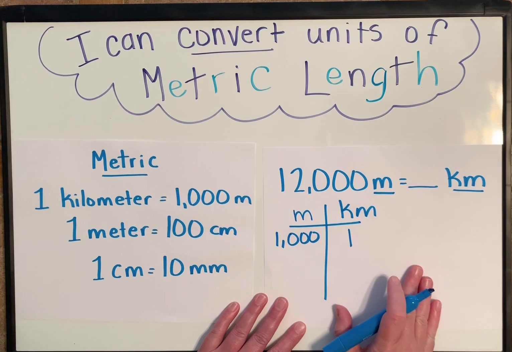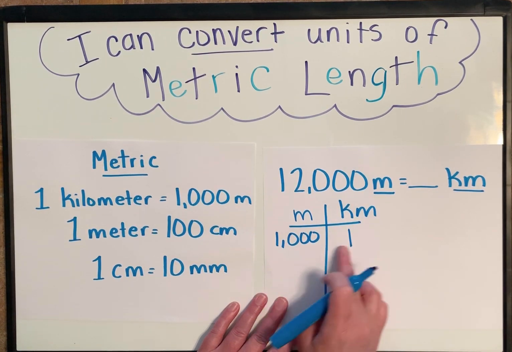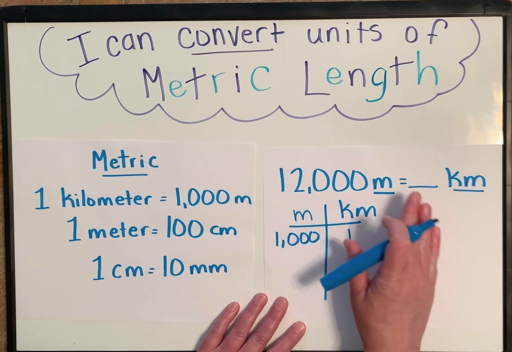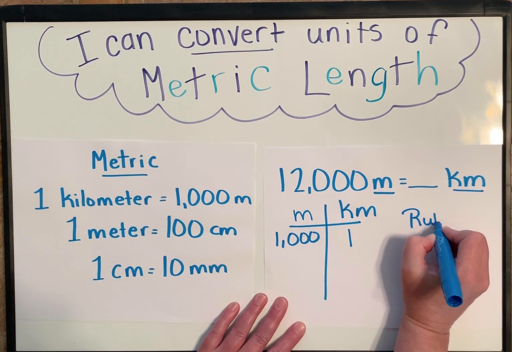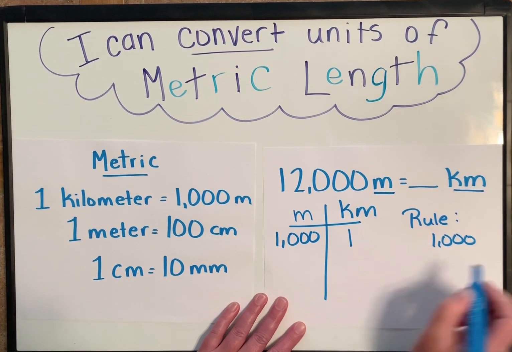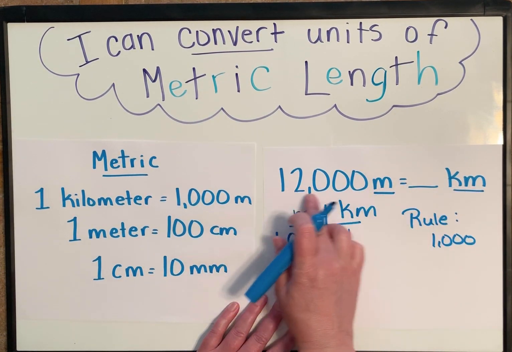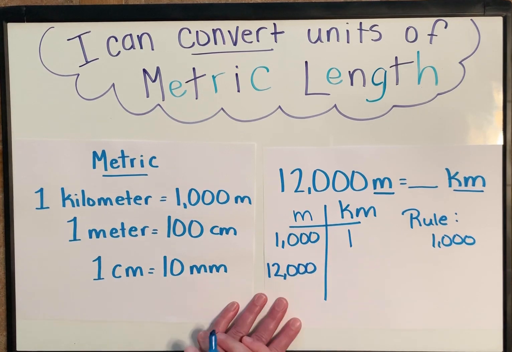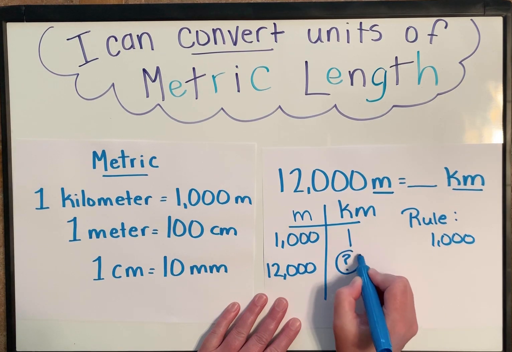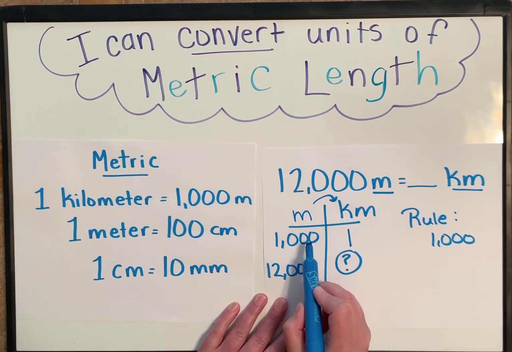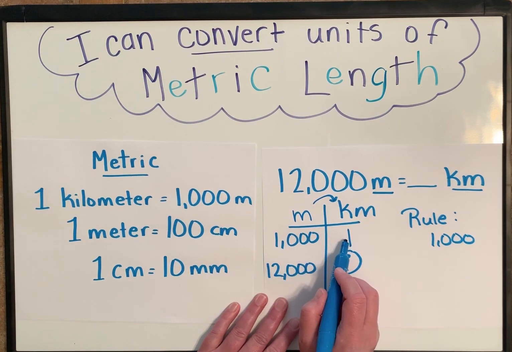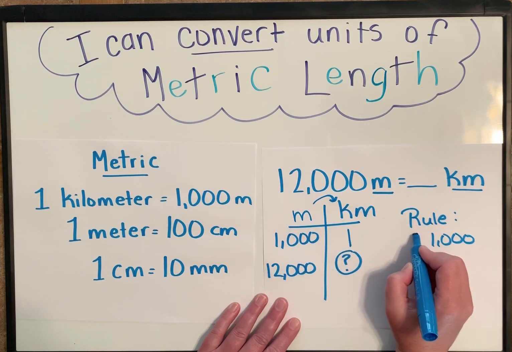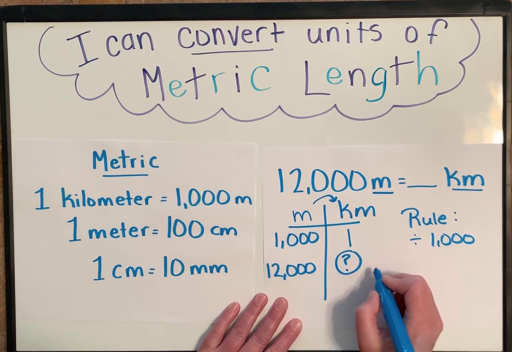Okay, I don't know my rule yet, but I know my correlation is 1,000. So let's look and see what we do have. Let's fill in what we do know. 12,000 meters, so make sure that meters, you put it on the right side. And we're trying to get 2 kilometers. That's my unknown. So I'm trying to get to here, going this direction. What did that number do? My initial conversion, did that number go up or did it go down? From here to here, it goes down. So it's divide. So take your 12,000,